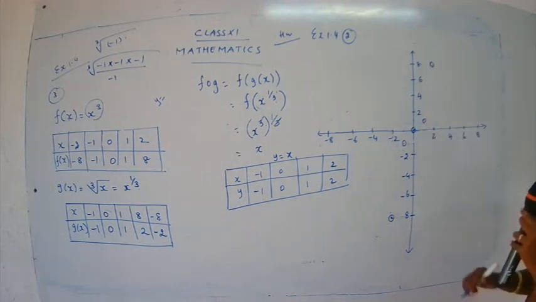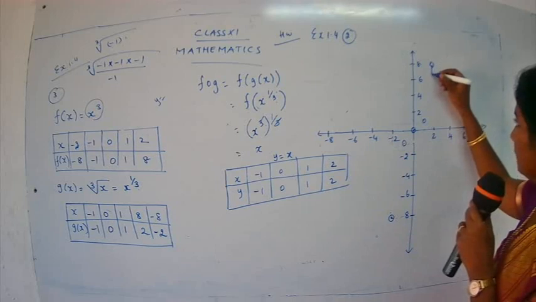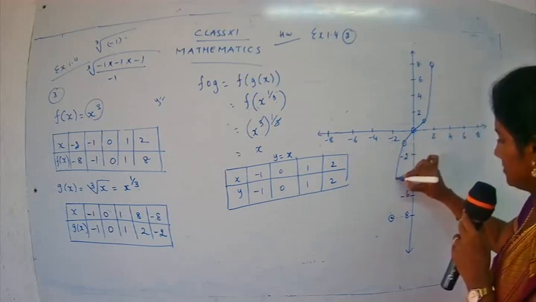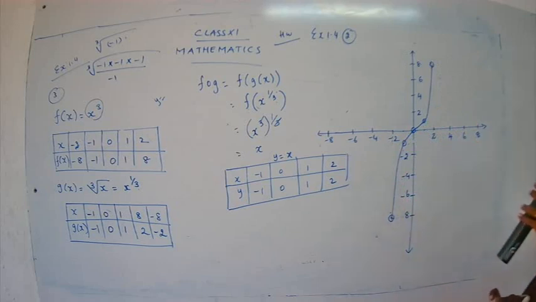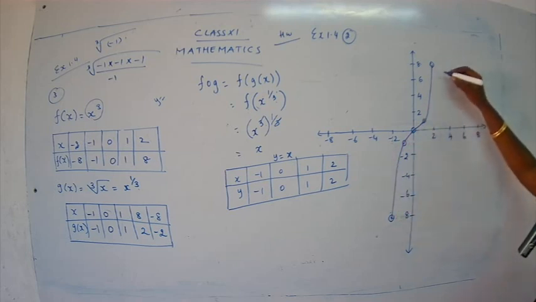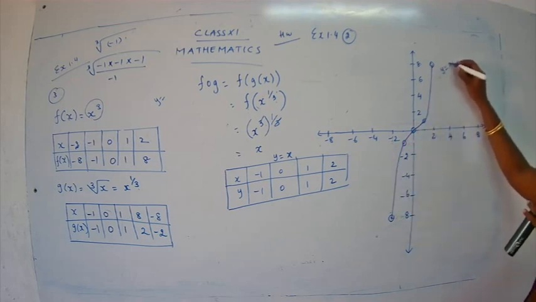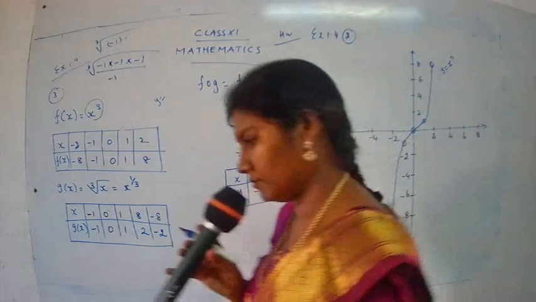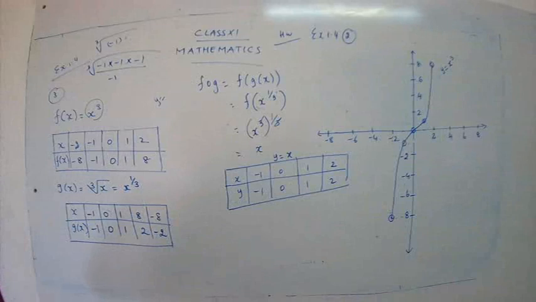From here it goes like this. Yes. Already we have got this graph. We have the graph of y is equal to x cube. Yes, children, in the first question itself, we get a similar graph when we plot the points. So this is y is equal to x cube. Plot the graph. I want a neat graph. Just do it properly.